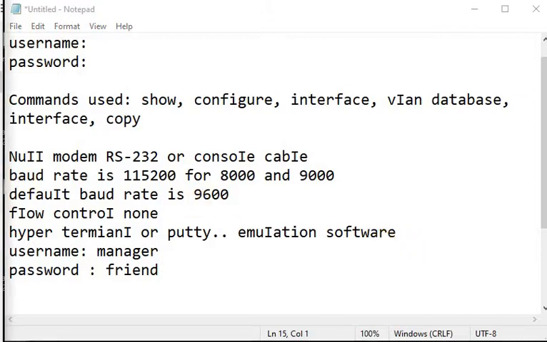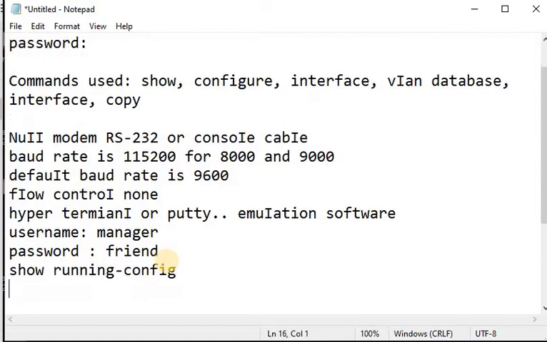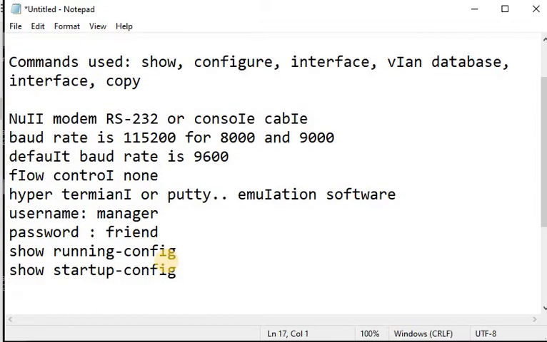When you have logged into the switch, first you can use this command to see the running configuration. You will type show running-config. When you press enter, all the running configuration will be shown to you. Similarly, you can use show startup configuration. It will read the startup configuration file, and the content will be shown to you.